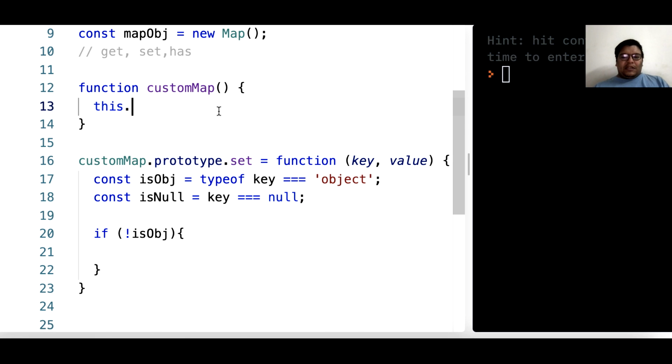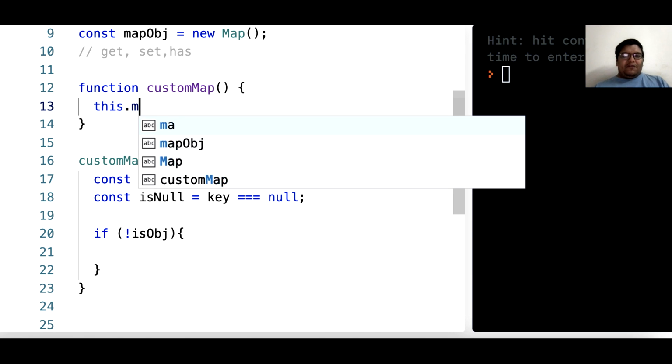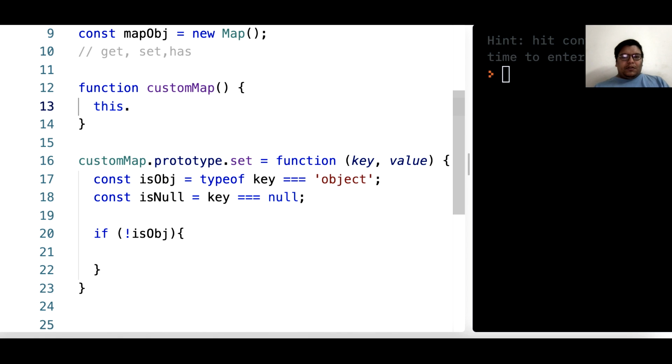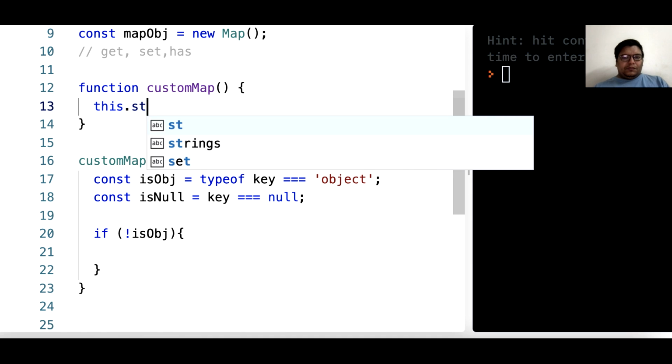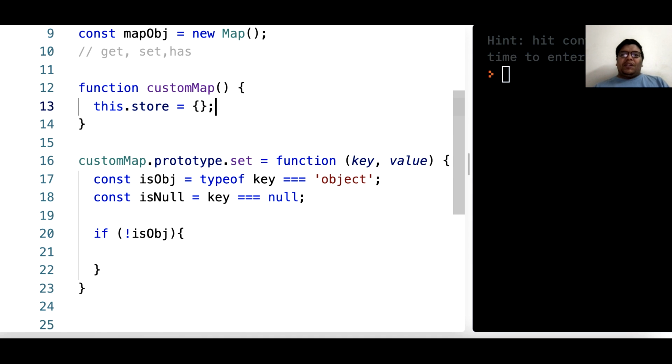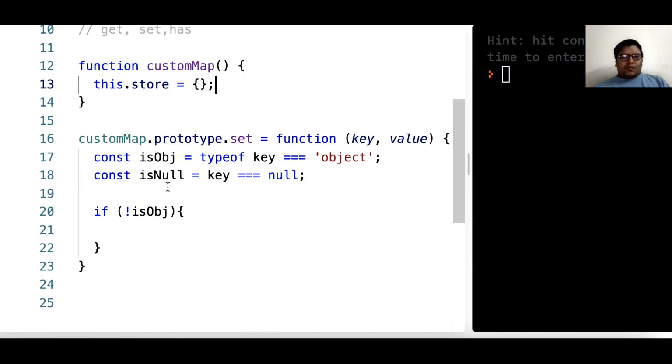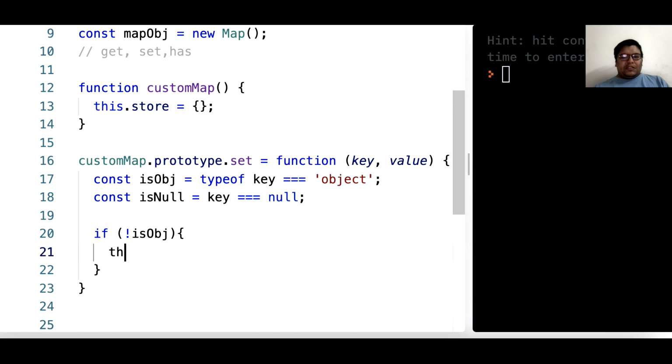So we can say a simple map, we can have a simple store. So now we can just use it, because we know it's not an object. What we'll do is, let's try to